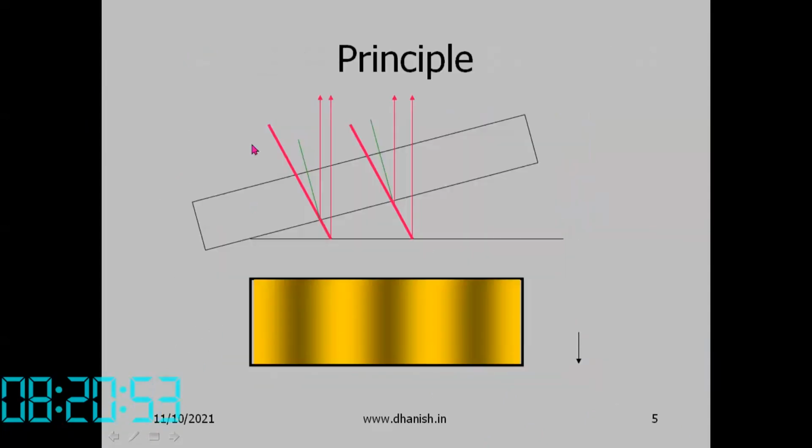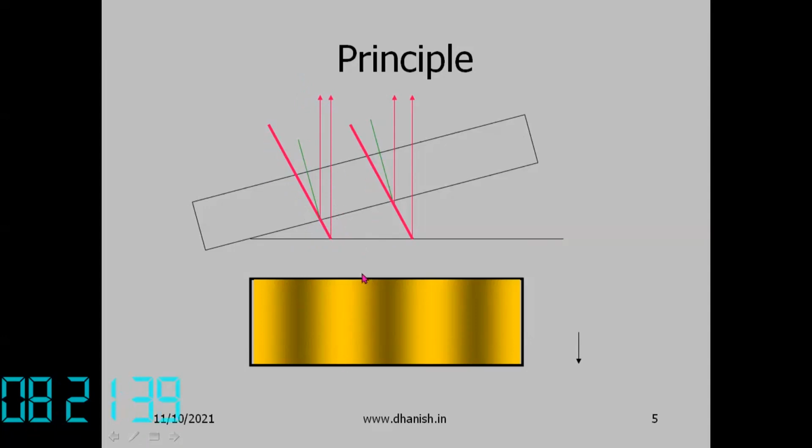So how do you get these fringes? The optical flat on the top is resting on the bottom surface. The bottom surface can be any optical flat or any reflecting surface. So a ray of light which comes here, after reaching the bottom of the optical flat, is reflected back partially. The remaining goes down, is reflected at the bottom face and again goes up. So between these two rays, there is a path difference equal to this distance.